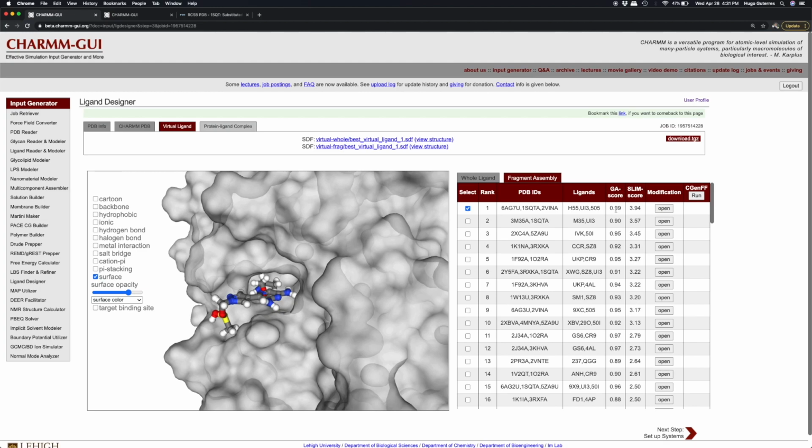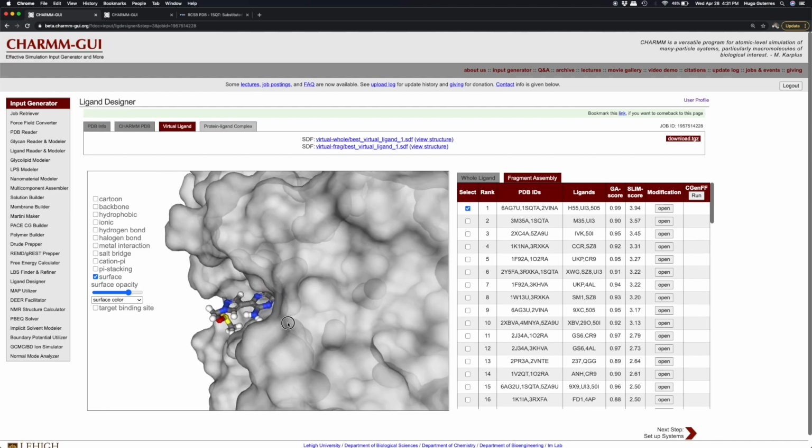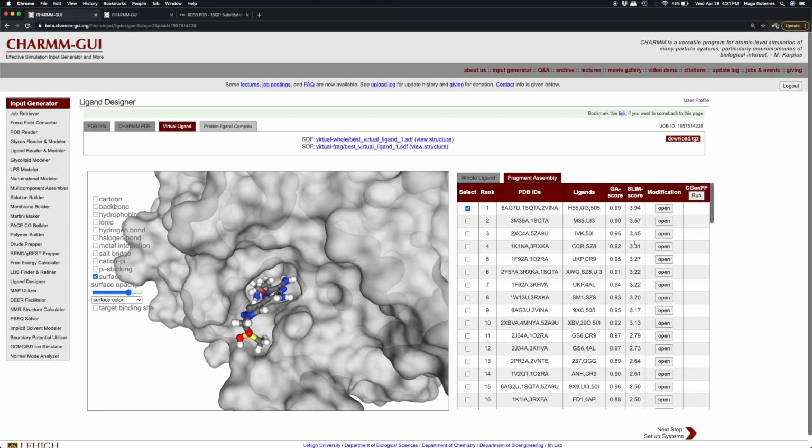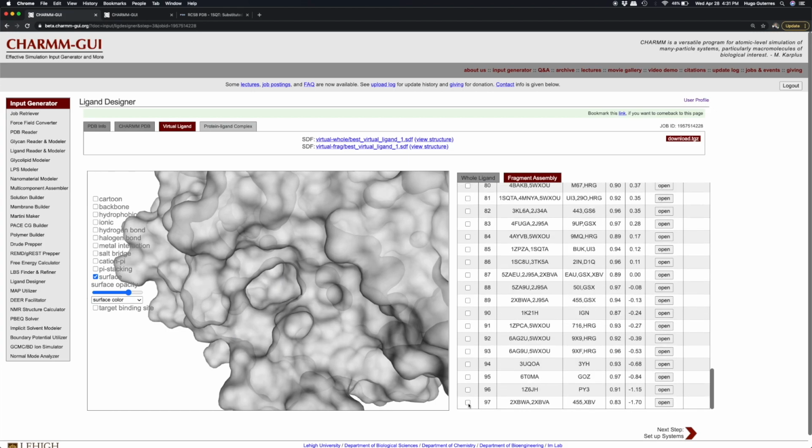In addition to the GA score, we can also add a SLIM score, or shape-based ligand matching, which is a coarse-grained approach of measuring relative binding affinity by calculating shape and chemical feature complementarity between the ligand and the negative image of the binding pocket. A higher score means better fitting of the ligand in the binding pocket. For example, compare virtual ligand 1 with a SLIM score of 3.94 to virtual ligand 97 with a SLIM score